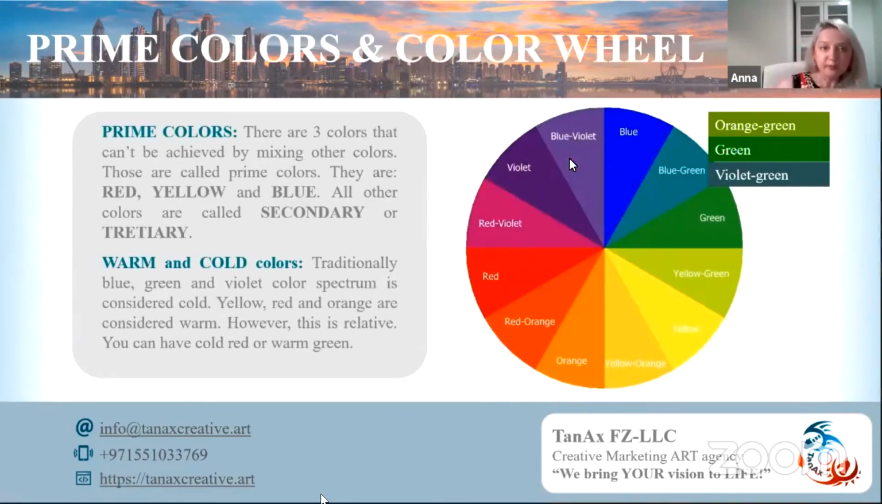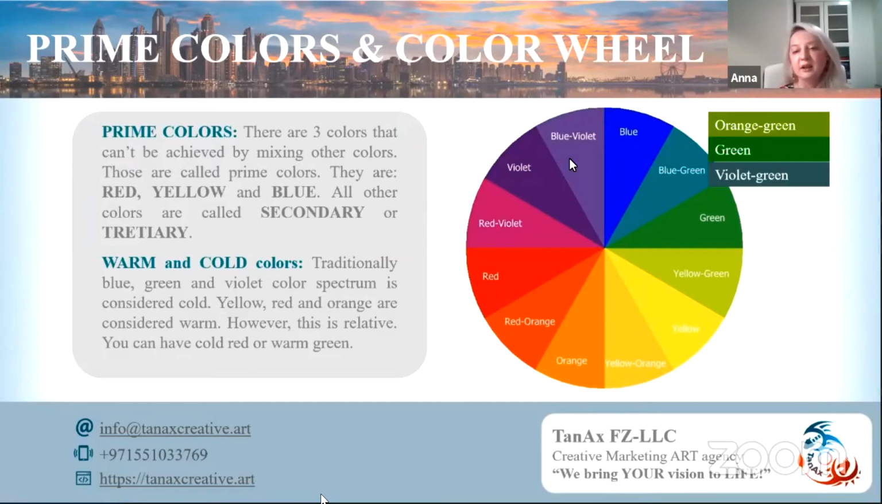Now, there are only three colors that are called primary colors. Primary colors means the colors that cannot be mixed from others. So these are only three, and they are red, yellow, and blue. These are the primary colors. Everything else is either secondary or tertiary, meaning you can mix the primary colors to get the secondary or the